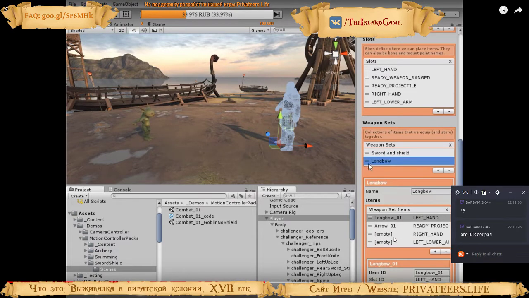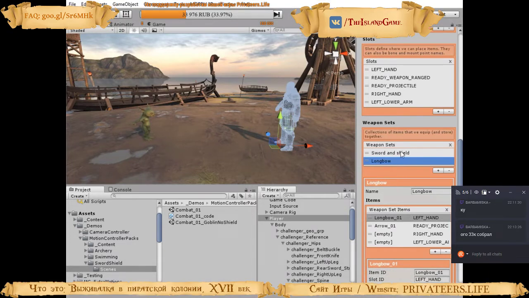So let's say I've got this longbow. When I say equip this weapon set, what it does is basically say, if there's something in the right hand, take it out. If there's something on the left lower arm, think the shield, take it off. And then in the left hand, put my longbow, and in my ready projectile, put the arrow, right? So this is what are all the things I'm willing to equip